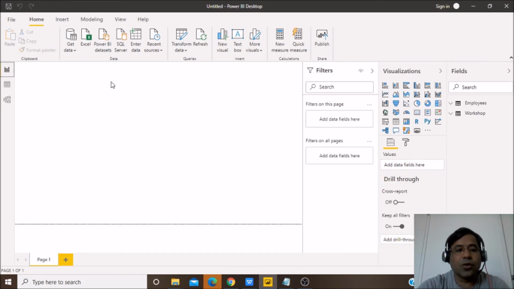Now you can directly go to the Visualization tab and create your visualization as per your need. So that's it for this session. We will see how to build a visualization in the next session.